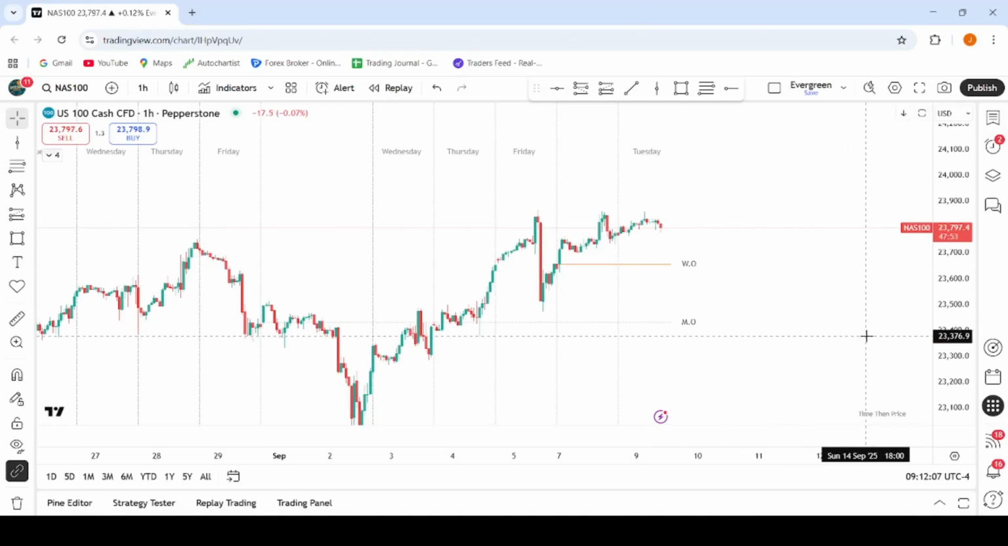Good morning. So ahead of this morning's session, 9th of September with NASDAQ, I am doing CFDs. I'm going to do a quick markup of my charts to see exactly where we're at. As you can see, I've completely cleaned them up because